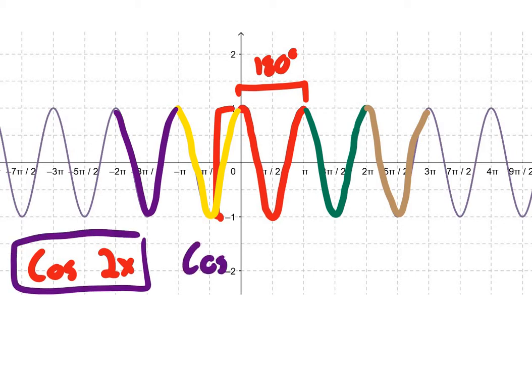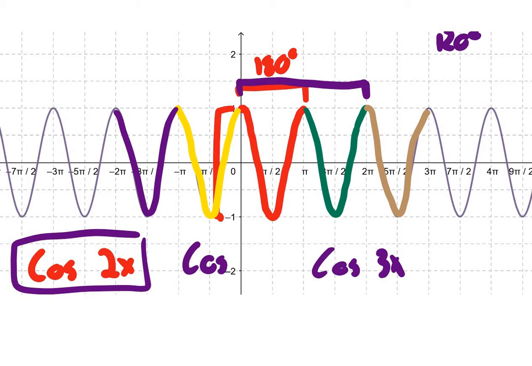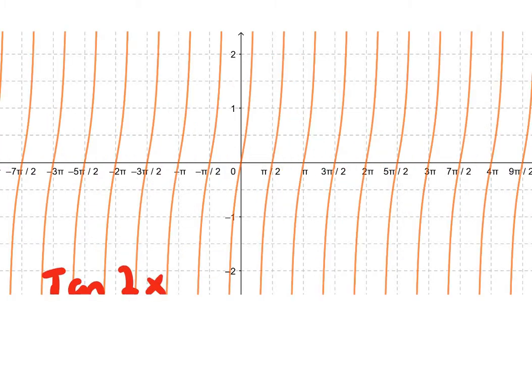If it was cos x, it would repeat itself every 360 degrees. If it was cos 3x, well then 360 divided by 3 is 120. So this would repeat itself every 120 degrees. Okay, this is the graph of tan 2x. Notice in tan x, the asymptote was at every 90 degrees. Okay, so there's an asymptote here, here, at every